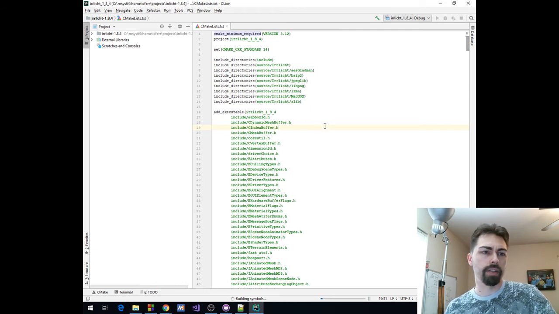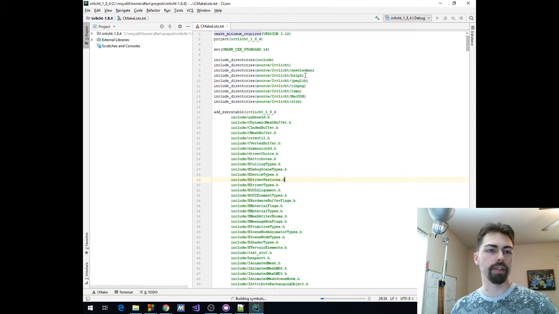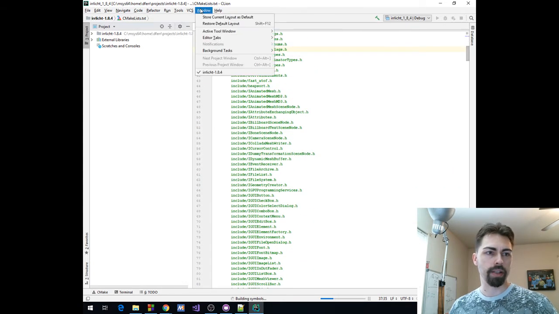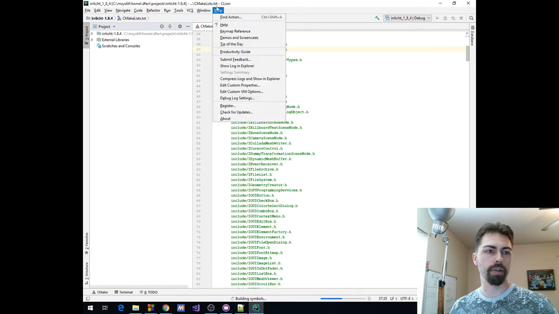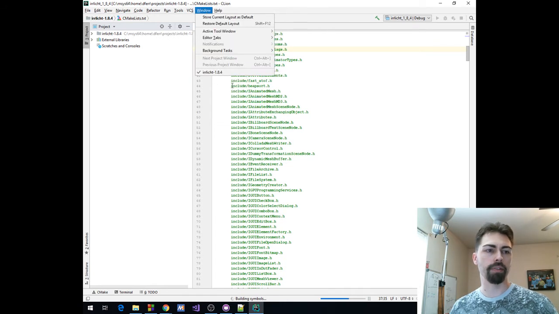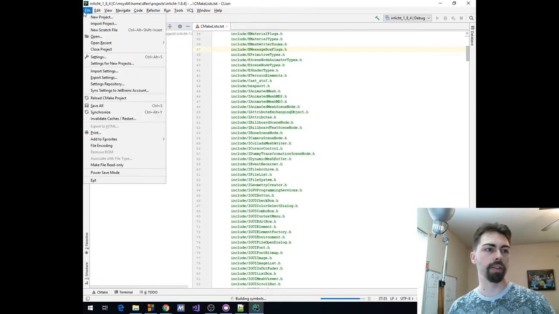dumps everything in one root folder, or one root CMake list, and like I said, it doesn't allow you to have different projects that are all interdependent. You have to manage those yourself, as far as I can tell. You can't trigger a rebuild of the dependencies. But I can show you what I mean by this. See, the best way I found to have different projects open in CLion is you just have to have different windows and open them here. So now I'm going to go ahead and open,